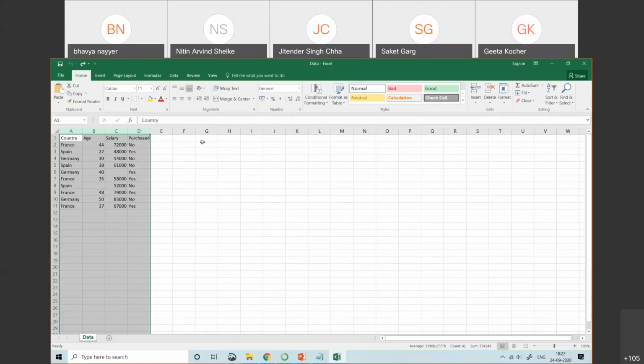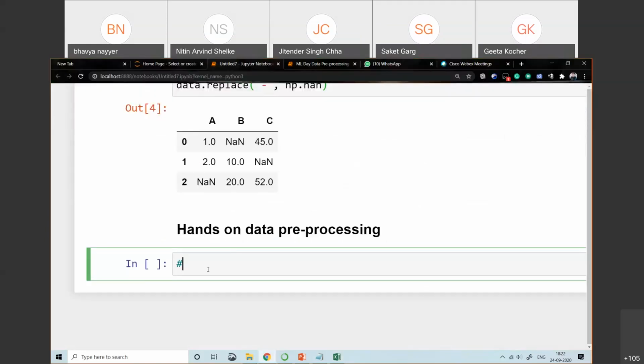Okay, so get the data set is done, which is my first part. Now next part is import the library.